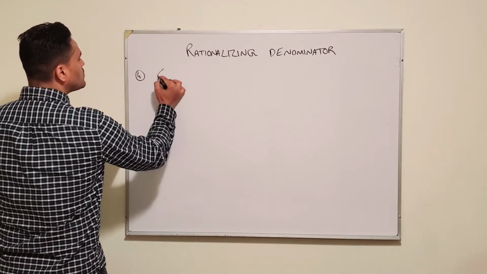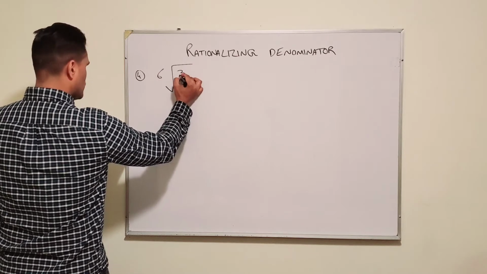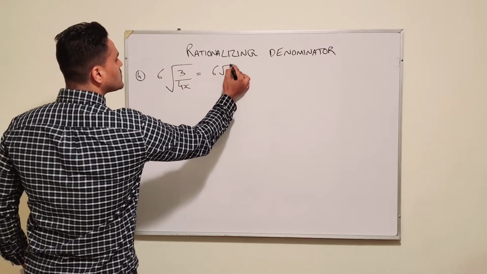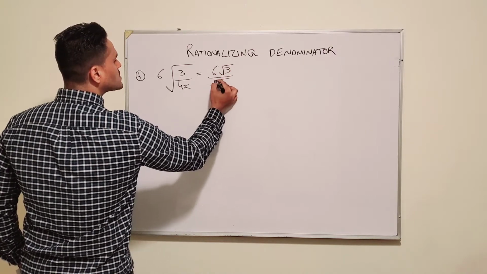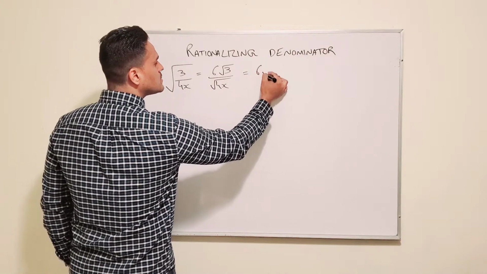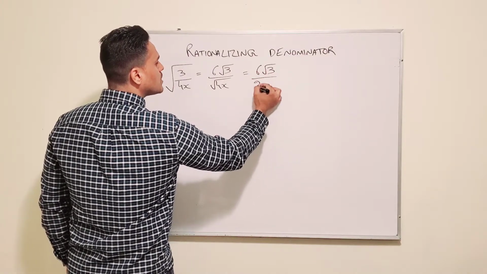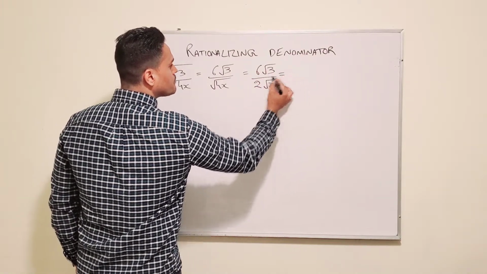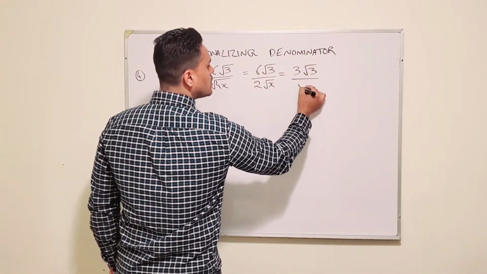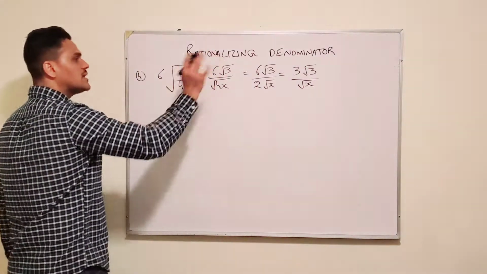In the next question, we have 6 square root of 3 over 4x. So we'll break this up and write this as 6 square root of 3 over square root of 4x. And again, square root of 4 is going to be 2, so the 2 is going to come out. So we'll have 2 square root of x. 6 over 2 is just going to be 3, so we have 3 square root of 3 over square root of x. Now that we've simplified it,